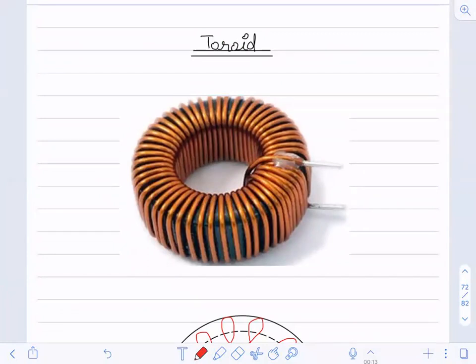What are inductors? What is a transformer? We will study afterwards, not now. But there are so many uses of this toroid, and the structure is like this. If in exam they ask you what is a toroid, how are you going to define it? A toroid is a coil which is wound over a donut shaped core. It is kind of a donut shaped core. Yes or no? So it is a toroid.